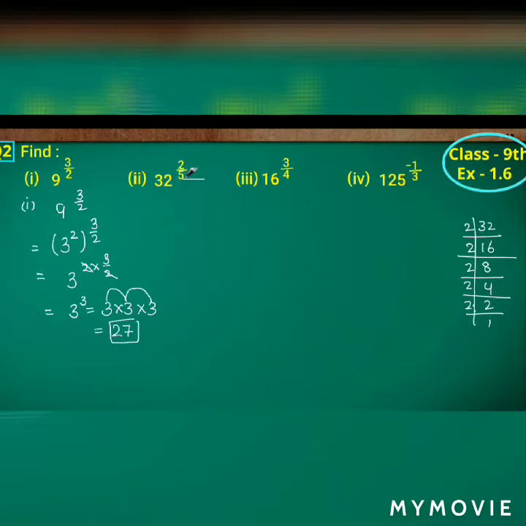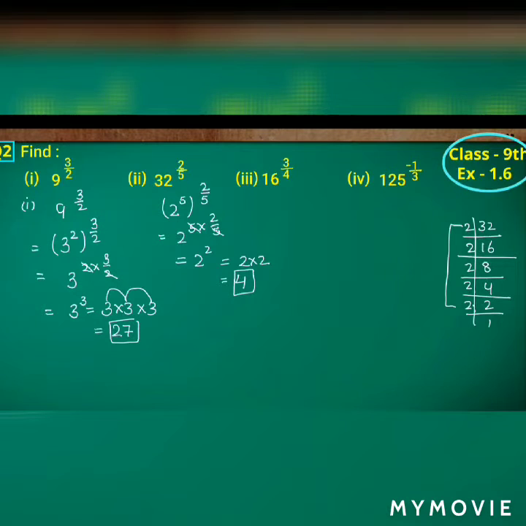Isn't it? In the same way, 32. So we have to take the exponent form of 32, that is, to get 32 in powers of 2, how many times do we have to multiply 2? 2 power 5, that is, 2 is multiplied 5 times, which gives 32. So (2 power 5) whole power 2 by 5. If you observe here, again it is in the form of (a power m) whole power n, isn't it? So (a power m) power n equals a power m into n is the law of exponents, that is 2 power 5 into 2 by 5. 5 and 5 will get cancelled. What else will remain? 2 power 2. 2 power 2 can be taken as 2 into 2, which is giving 4.